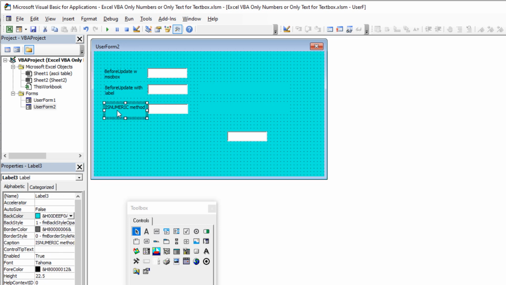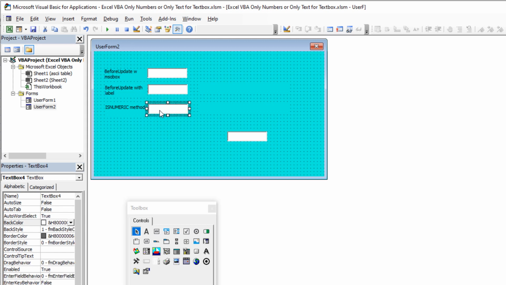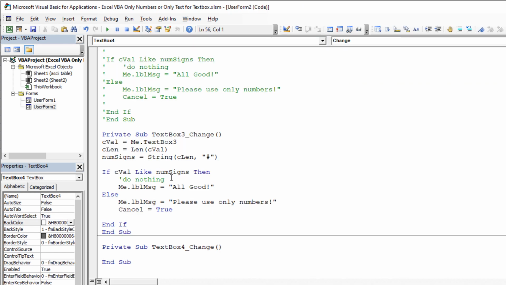Now, this method is going to be using the isNumeric method. The isNumeric is a built-in VBA function that will immediately tell you if something is numeric or not. So we'll do something similar. We're going to double-click on the TextBox 4 right here. And we can go ahead and use the same change event. But all I'm going to do is say if me.textbox4, tab, if that, and now I'm going to use my isNumeric function. So here we go, isNumeric, open parentheses, and then I'm going to click here, close parentheses. And that's my function. If isNumeric, whatever the contents of that text box, then, and that's where I would say